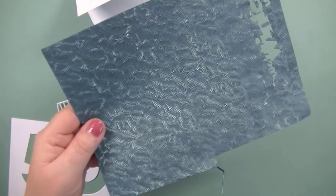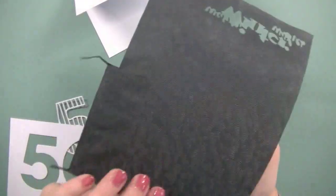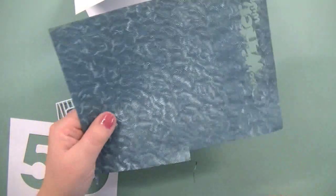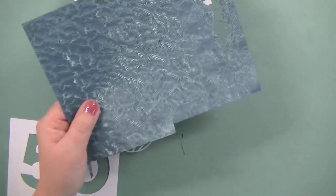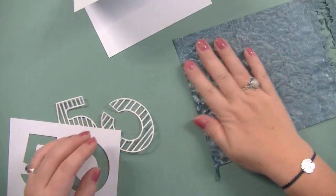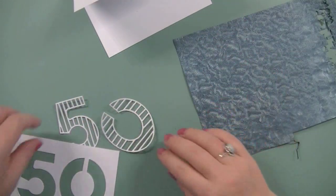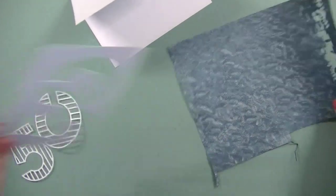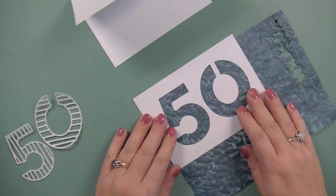So for this card I chose to use one of the embossed papers that Tonic Studios has in their paper range, and this one came with one of the Tonic Studios kits. I think it was number 6 with the butterflies that this paper was in. So it's a while back. This paper goes back a while, and I'm just going to mat this white piece onto this paper and then